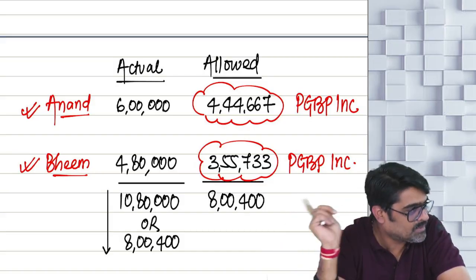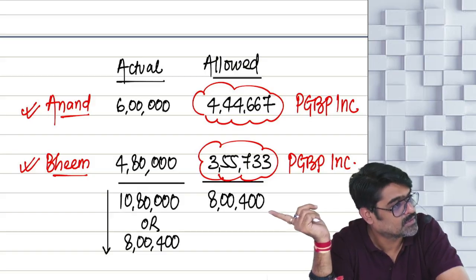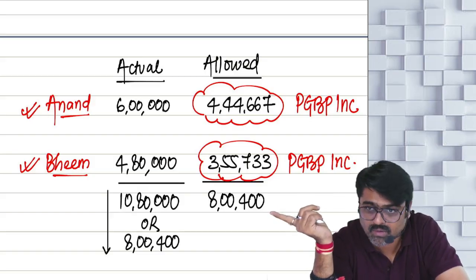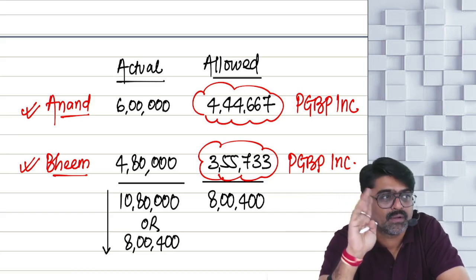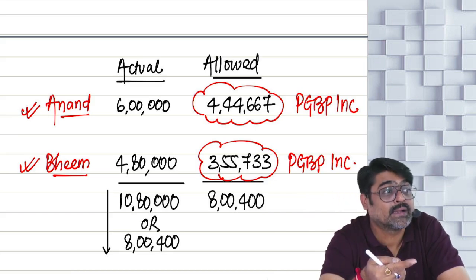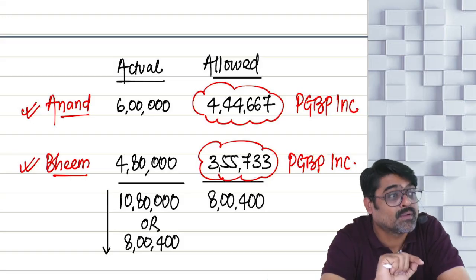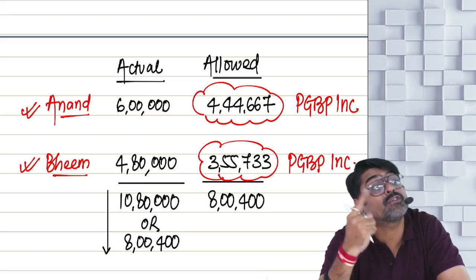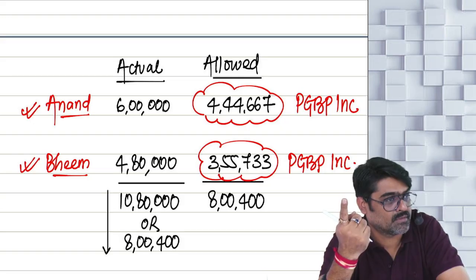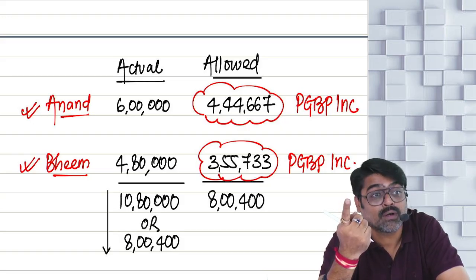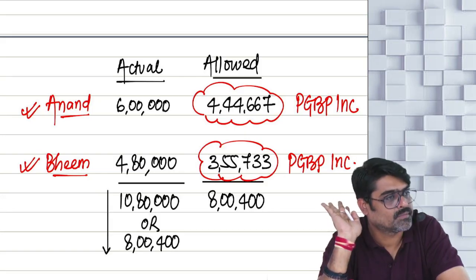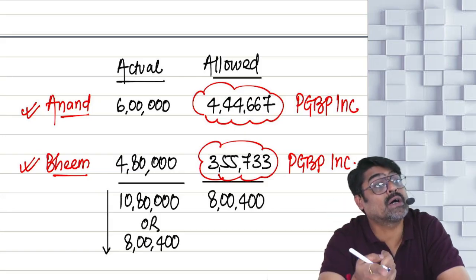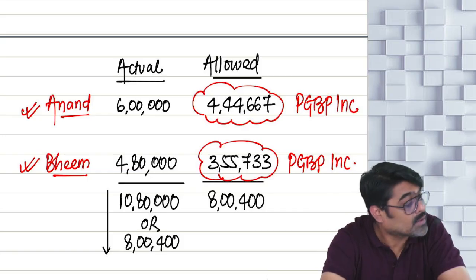Will you be able to solve a question like this? Sure. And please remember, while calculating book profit, you are not going to take any adjustment for business losses of earlier years. But you are going to settle all the current year items, and also